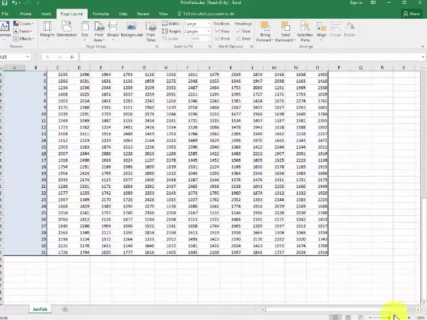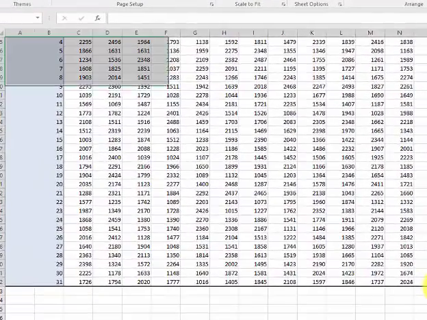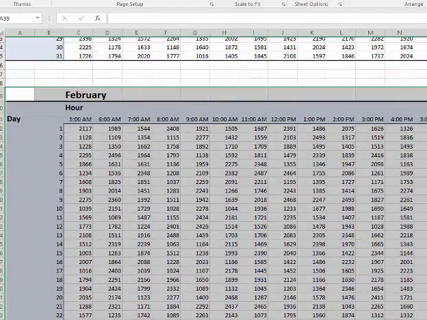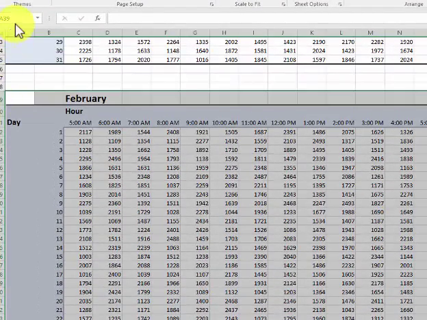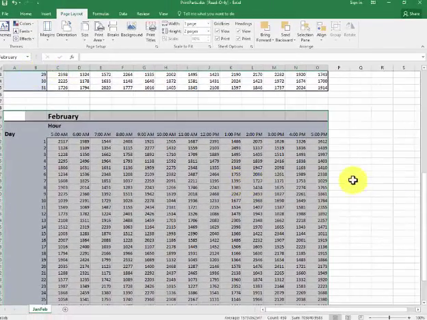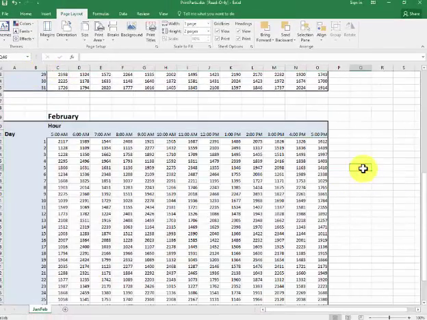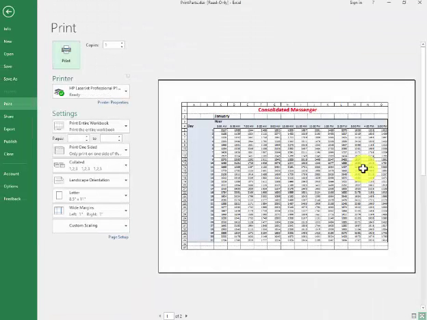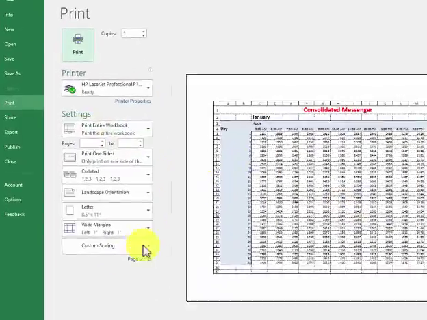I put my finger on the shift key. I click in the lower right hand corner. That is highlighting. I can also name the range. I click inside the cell address up here. I can name each month of the year if I have this all in one sheet here. Now if I go into print, if I want to just print out that one range here, I click on, and I'm going to do a